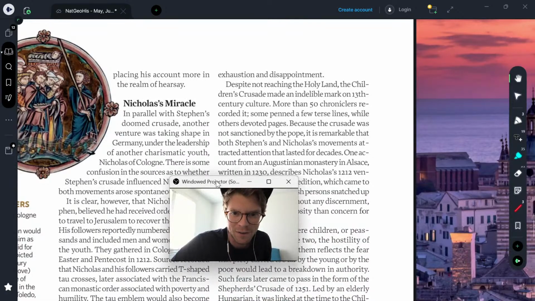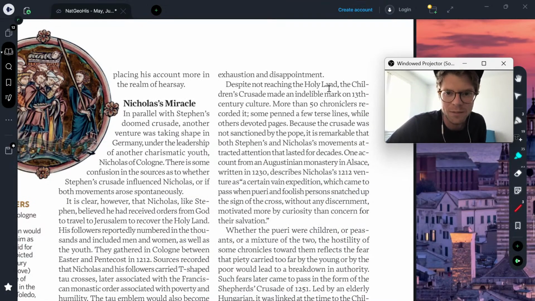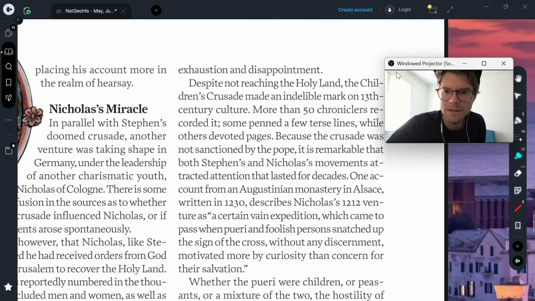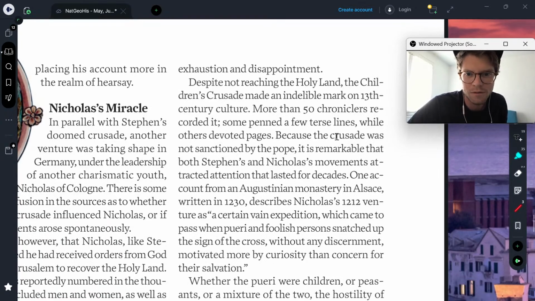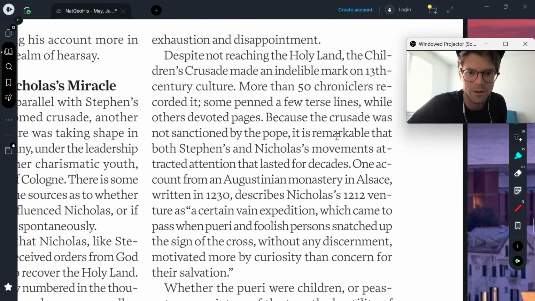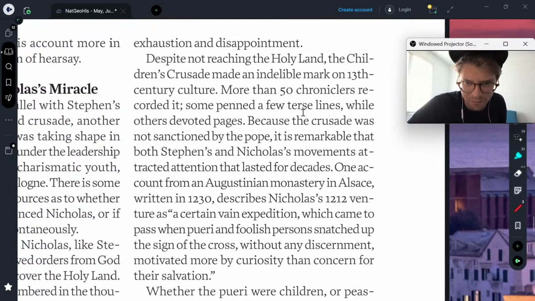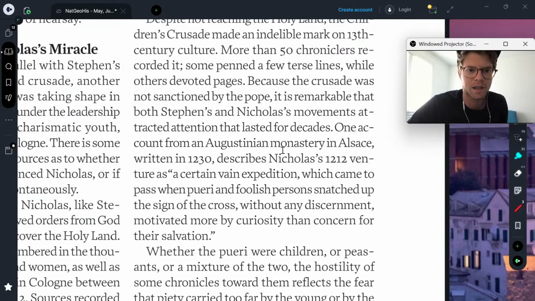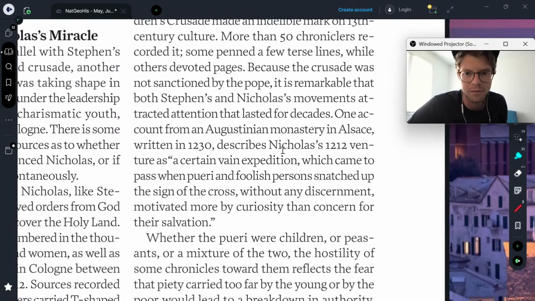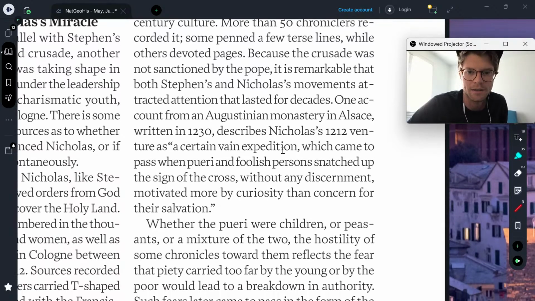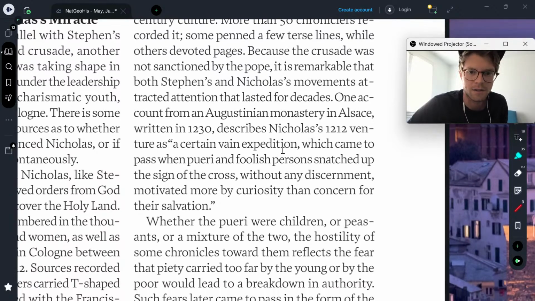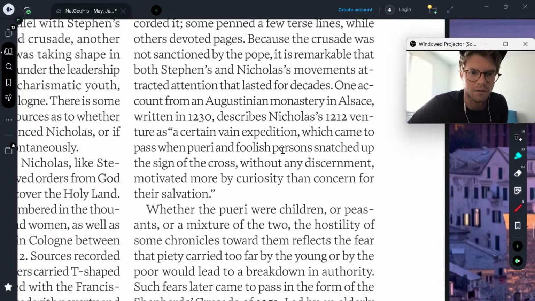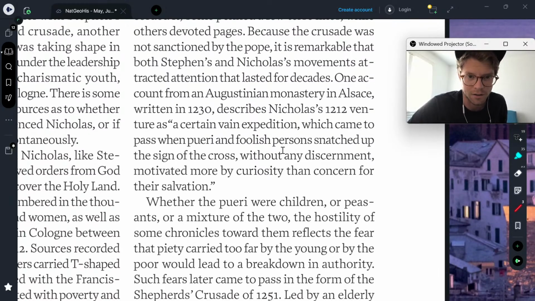Despite not reaching the Holy Land, the Children's Crusade made an indelible mark on 13th century culture. More than 50 chroniclers recorded it. Some penned a few terse lines, while others devoted pages. Because the crusade was not sanctioned by the Pope, it is remarkable that both Stephen's and Nicholas's movements attracted attention that lasted for decades. One account from an Augustinian monastery in Alsace, written in